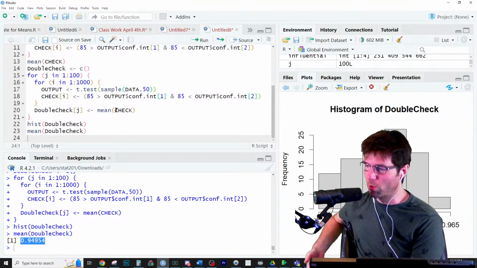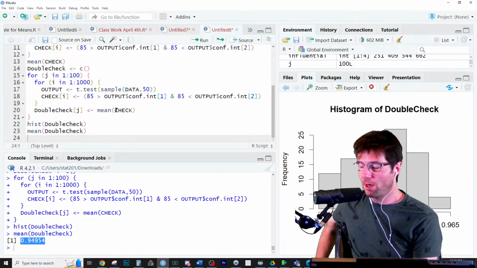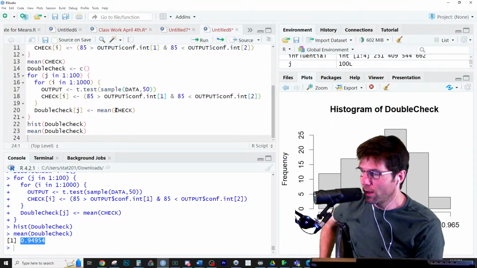But basically, by me doing more simulations, extending out the simulations, doing simulations of simulations, I am basically dealing with